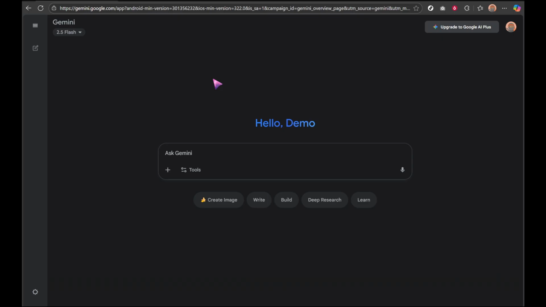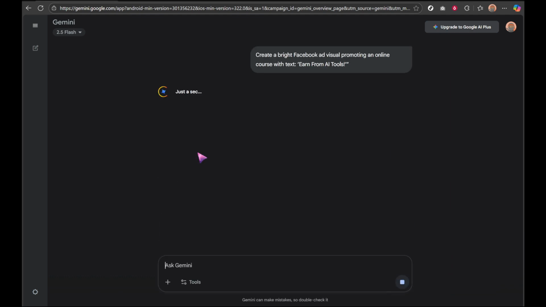foundation for this process. Once you're there, you're going to enter your text prompt. This step is all about being creative. Think of an idea that not only grabs attention, but also relates directly to your affiliate product. For instance, a text prompt could be something like a superhero teacher explaining affiliate marketing in outer space, colorful and dynamic lighting, futuristic classroom background. The aim here is to craft something visually unique that catches the eye and makes the viewer pause while they're